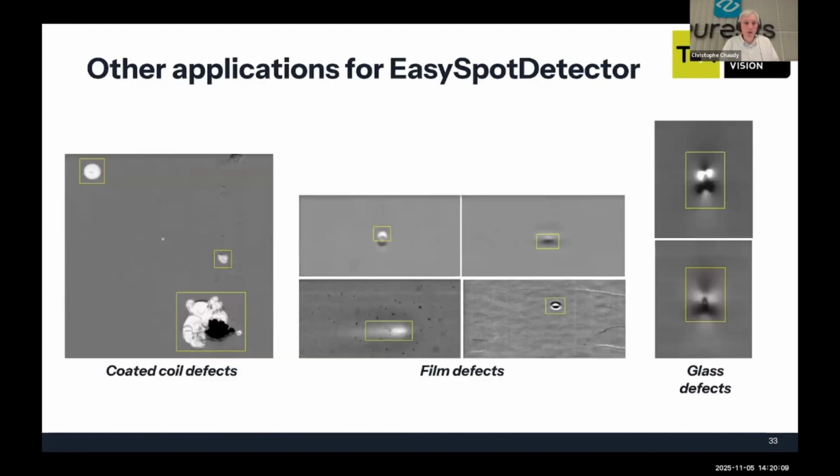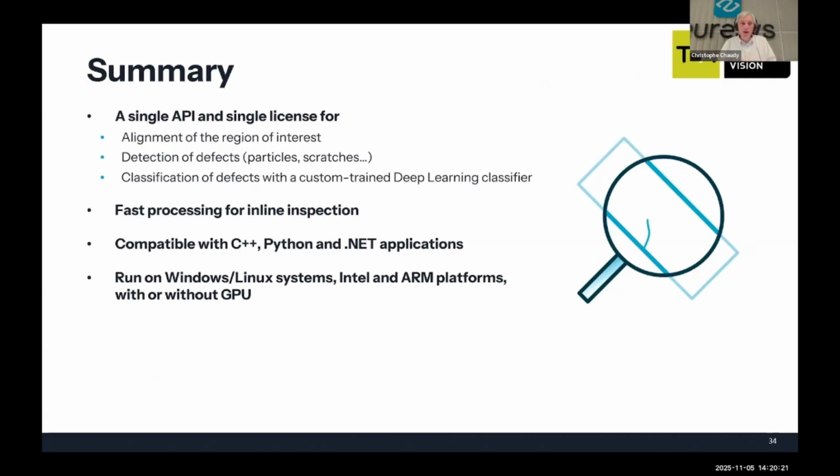There are three other examples in different industries: the coated coil defect, film inspection, and glass inspection. To summarize the presentation a little: EasySpotDetector is a single API and single license for three different functions: